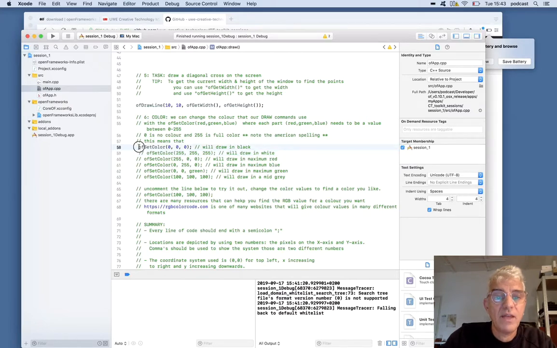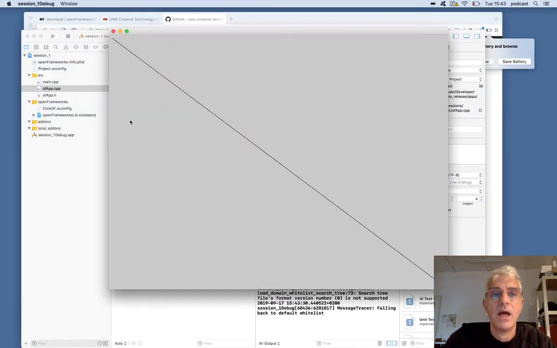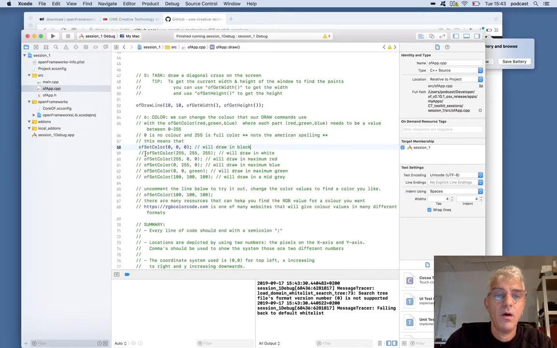So if I just set the color to be black, and now draw, I get a line in black. OF set color sets the primary drawing color in its first instance. If afterwards I say, actually, let's have a look at what this line does, OF set color to draw in white, 255, 255, 255, and run again,